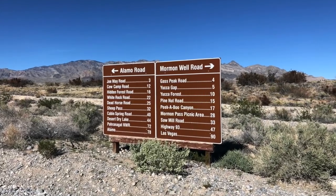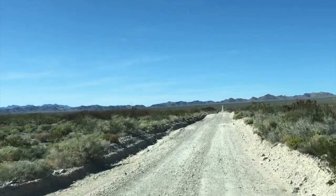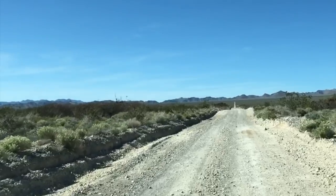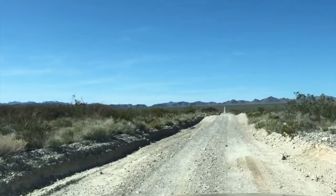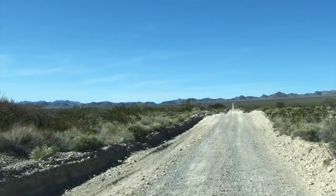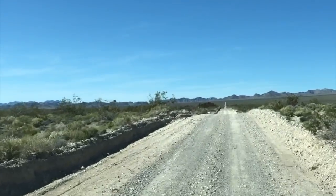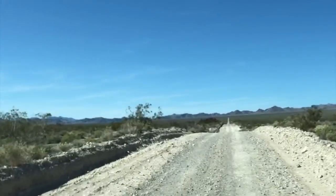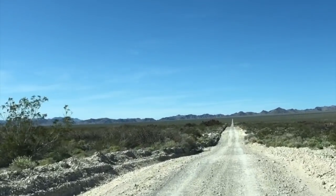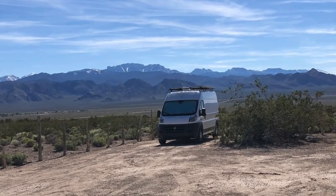Leaving the visitor center, you can go right or left. The first was to the left, and this is actually a very bumpy road. Yeah, I even had to put it in four-wheel drive without pulling the RV. And there was only a couple spots that we found before the road got too rough for us to turn around. And those spots were fairly small and couldn't really fit anything over maybe a Class B plus or a